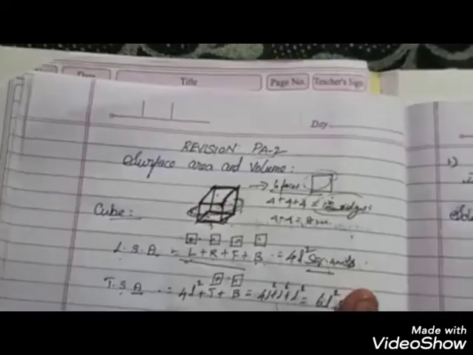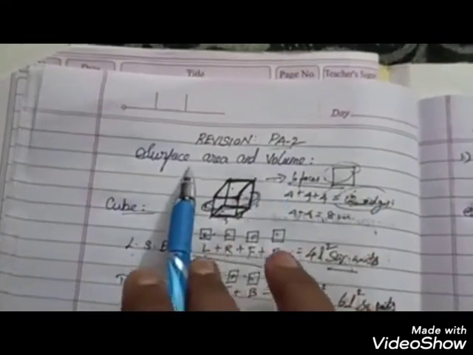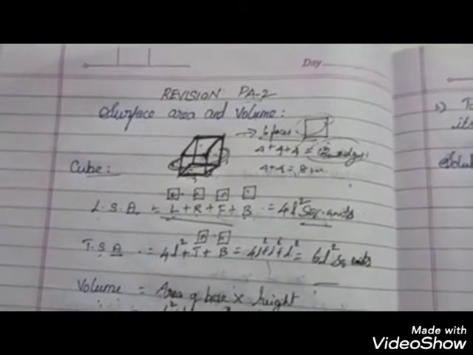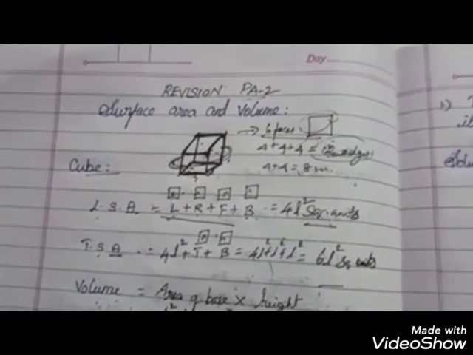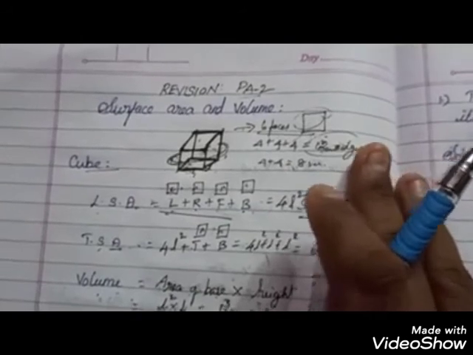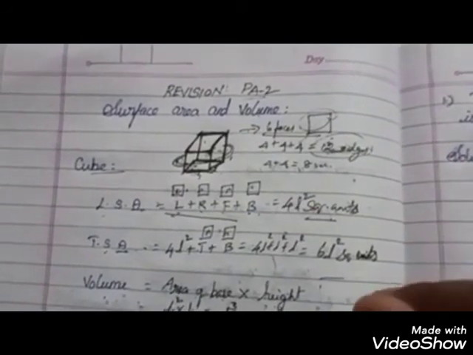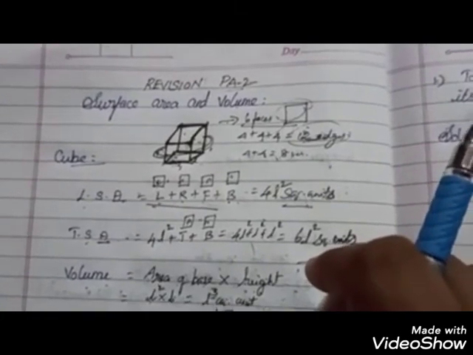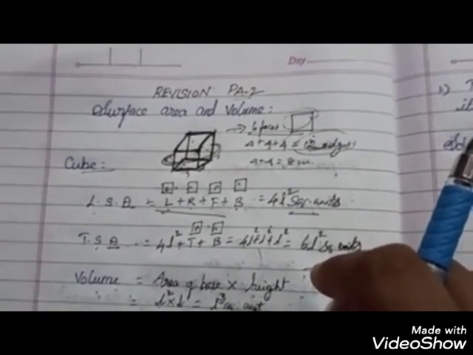So okay children, today I have given this revision for surface area and volume. This revision is very important for your examination. So I have attached a worksheet on the basis of this revision. You have to finish it on the day itself and you have to learn and work it out. That worksheet is useful for your examination.